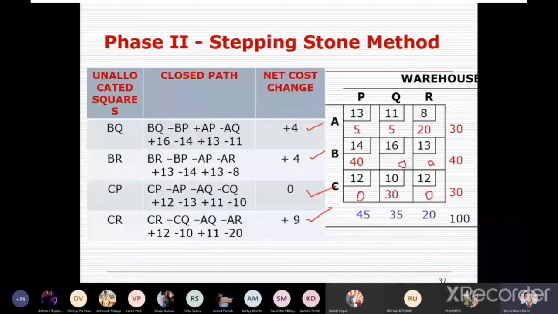This is the intention of teaching you this transportation unit and these optimization techniques. You should be able to prepare the program and apply this logic to solve the problems. By using this logic, you are able to solve the problems with minimum transportation cost. So this is a complete solution.